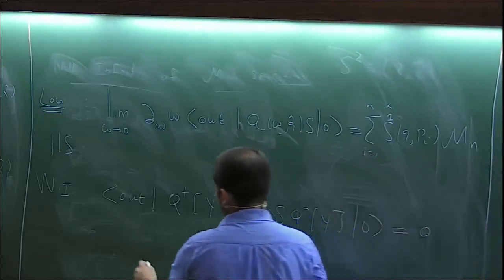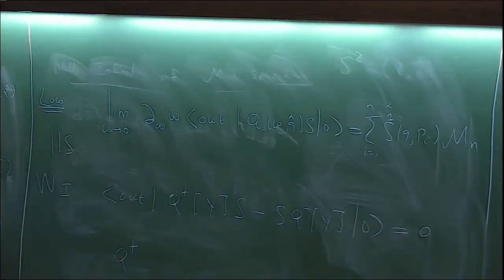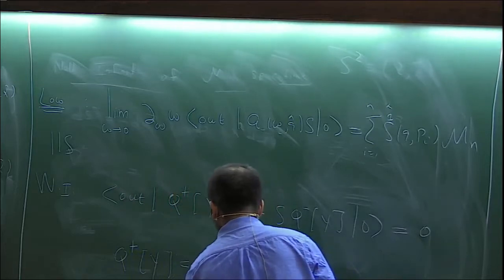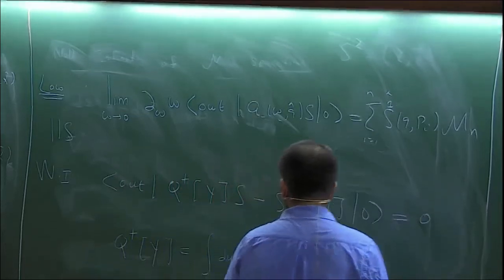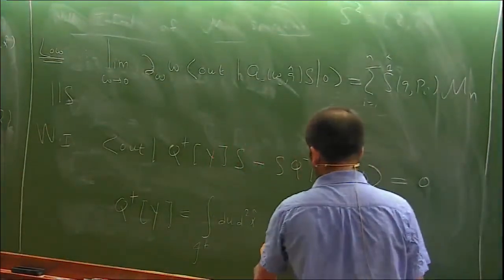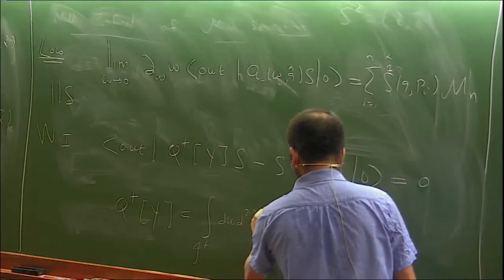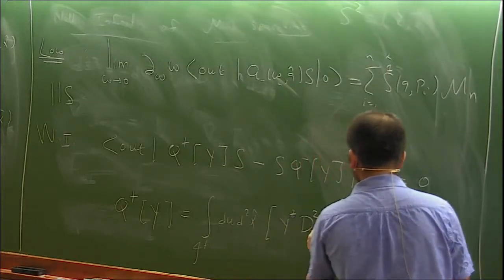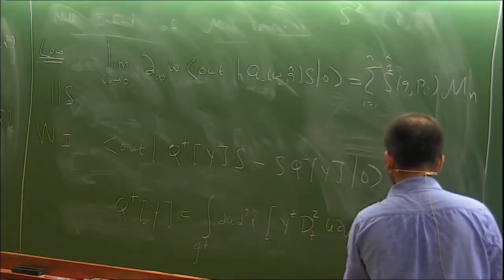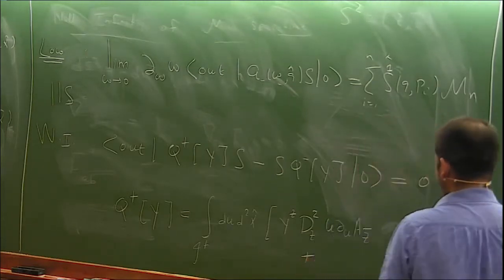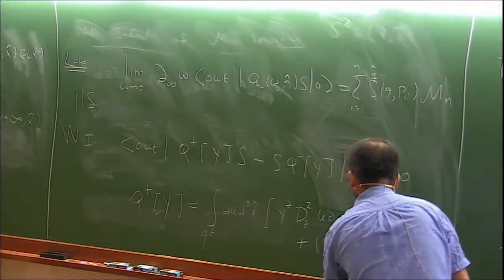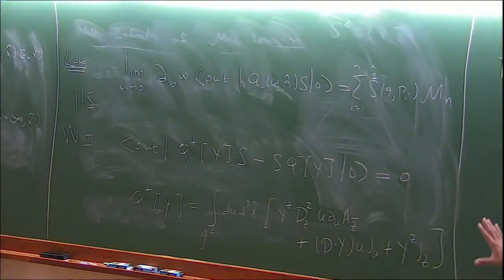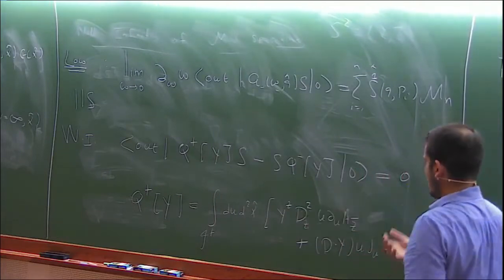Where this q plus y, in contrast to the charges here which were parameterized by the function on the sphere, are charges which are parameterized by actually vector fields on the sphere. The detailed form is not important, just for completeness, I will write it. So we get plus... anyway, the form is not important. I just wanted to say that it depends on the vector field like this. And